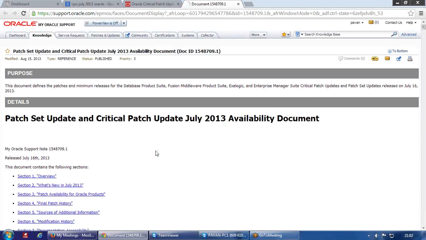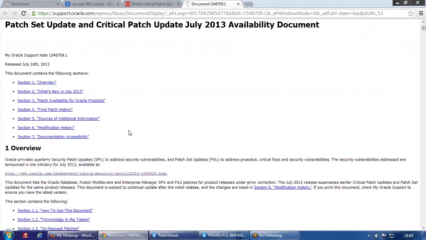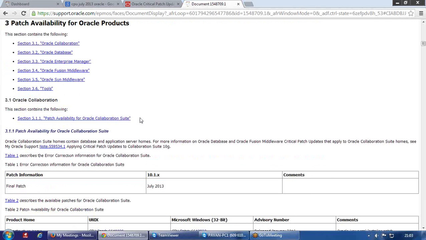Once you do that, it will open a document, and this document contains all the patch numbers. If you scroll a little bit, you will see a third section which says Patch Availability for Oracle Products. You need to click on that and then select your product.